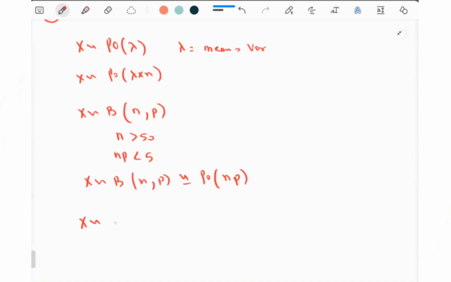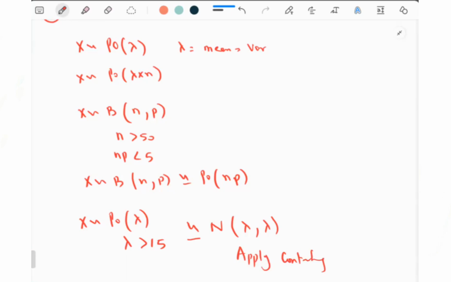और आखिरी बात हमने ये सीखी कि अगर x इज अ पॉसॉन डिस्ट्रीब्यूशन such that lambda is greater than 15, then it can approximately be converted to normal distribution lambda comma lambda and apply continuity correction क्योंकि डिस्क्रीट से कंटिन्यूअस रैंडम वेरिएबल में कन्वर्ट हो रहा है।